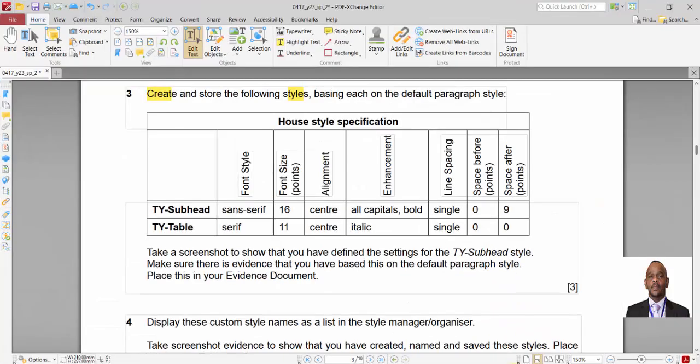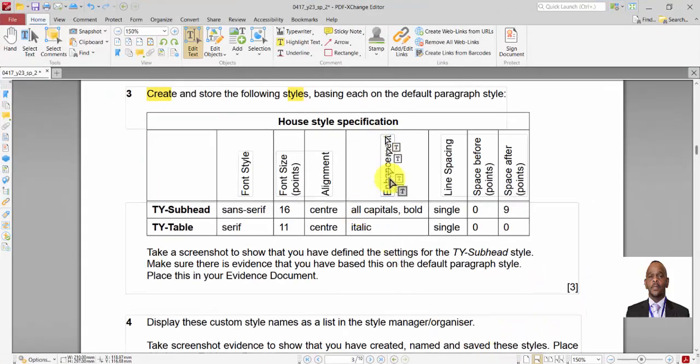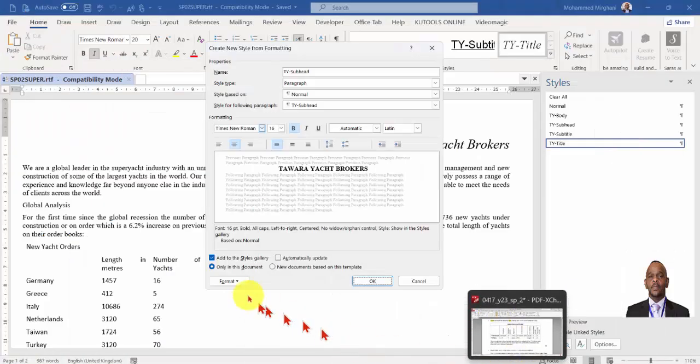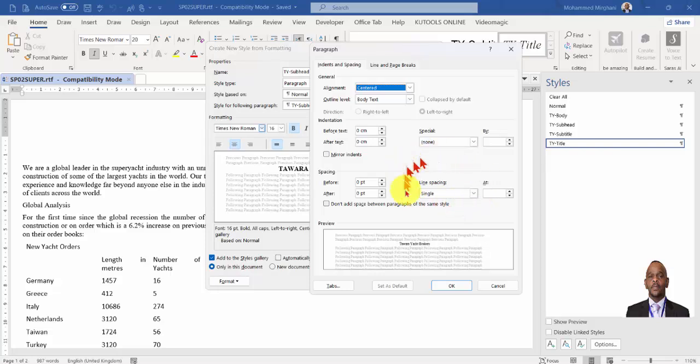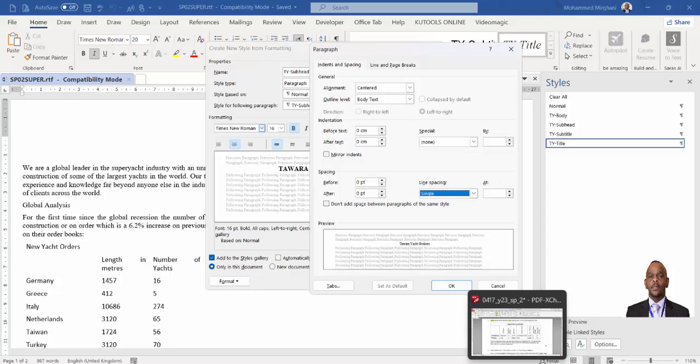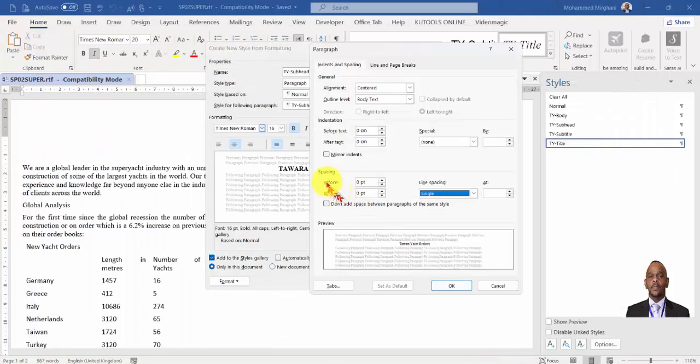Okay, now we have finished the enhancement. Then we're going to come to the line spacing, the space before and the space after. To do the line spacing, we're going to come to Format and Paragraph, and here we have the line spacing. You take the line spacing depending on the question, and he says single, so you're going to give it single. The space before and the space after is 0 and 9. You can do this simply from the space before, 0, and the space after here is 9. So you're going to write 9,